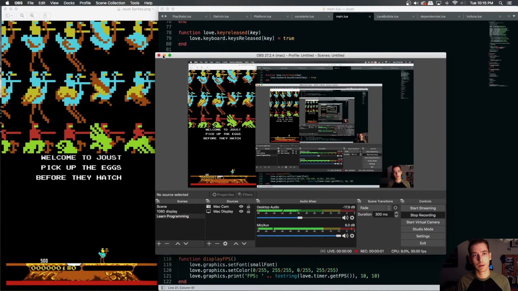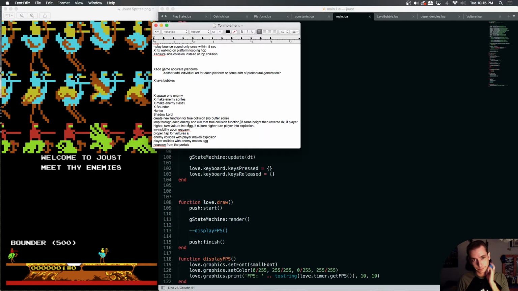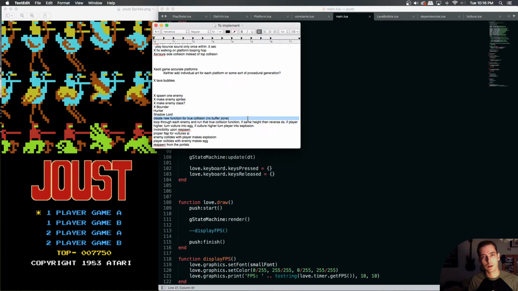Okay, so today I'm going to try to make a new function for our ostrich class that detects complete AABB collision with a vulture class object. And it needs to do two things: we need to write the function that determines whether or not we're colliding with a vulture, and then we need to do some stuff with that function, which is if we